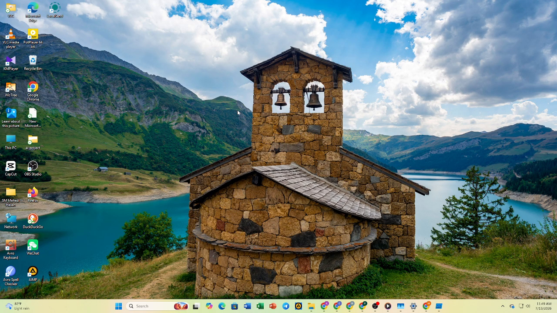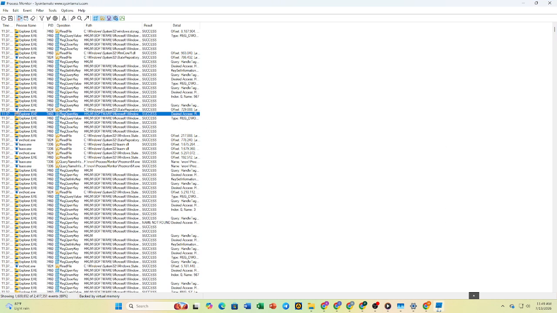So let's get started. First, open Process Monitor on your Windows computer. If Windows asks for administrator permission, click Yes to continue. The first time you launch the application, accept the license agreement, and Process Monitor will immediately begin capturing live system events. Next, if you only want to record a specific task, click the Capture button on the toolbar to pause